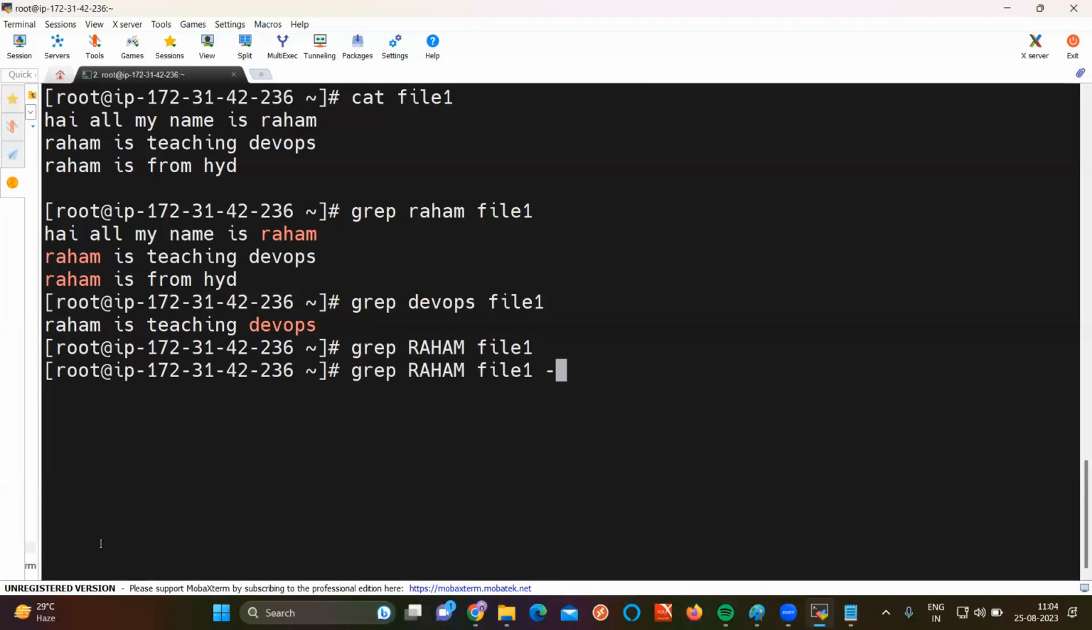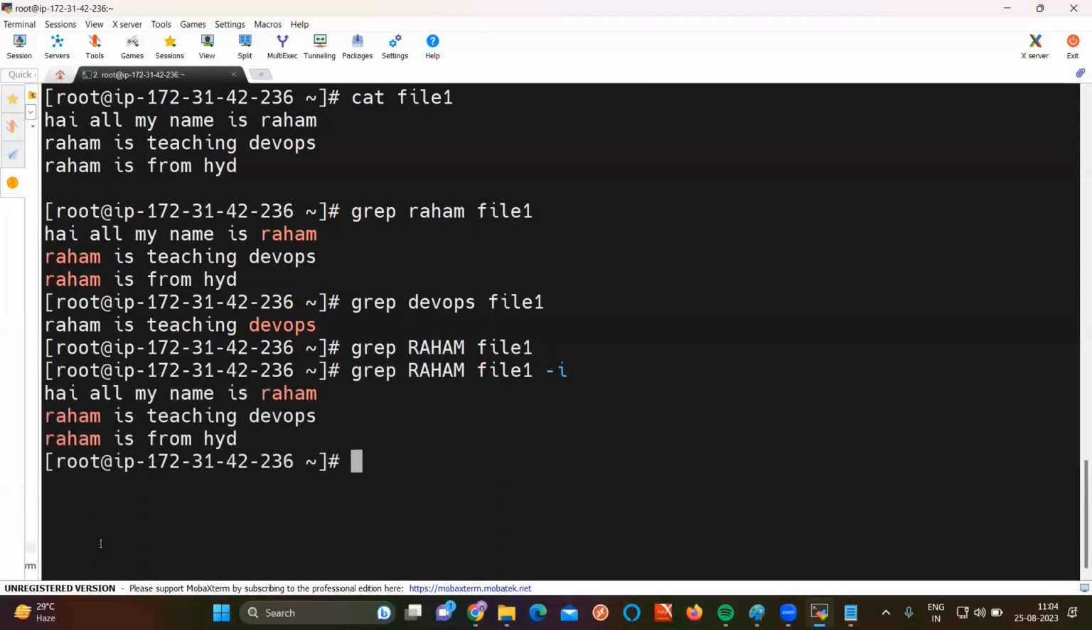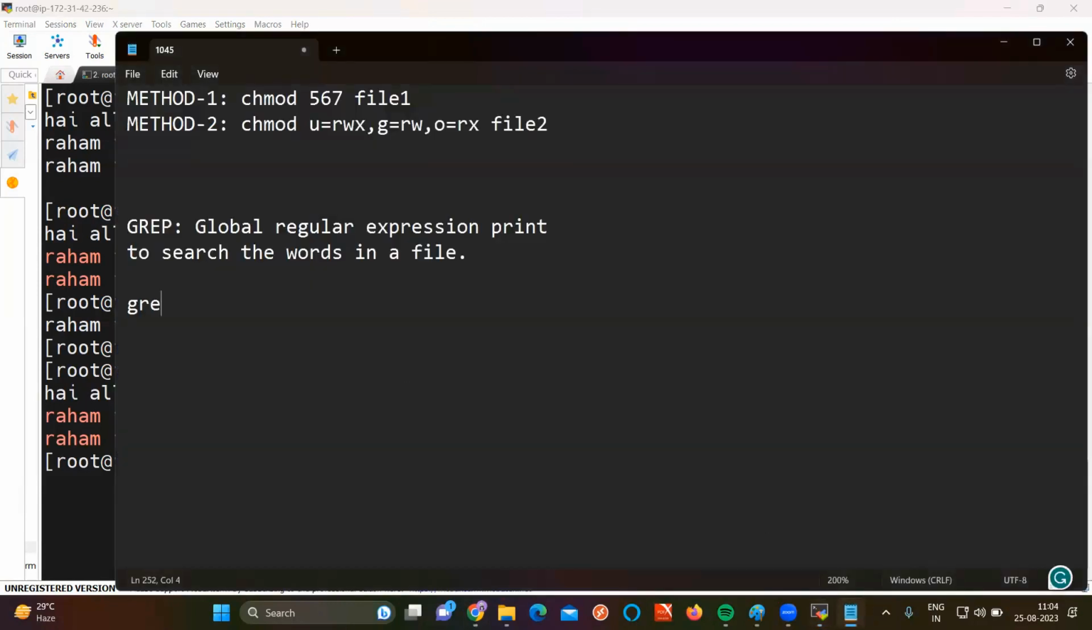If I want to remove that limitation, give hyphen i. If I give hyphen i, case sensitivity will be removed. Am I getting the output or not, sir, still? Even though I am typing in capital letters, am I getting it or not? To remove the case sensitivity, what are we using here? Hyphen i. So the first command is the direct command, grep raham file1,